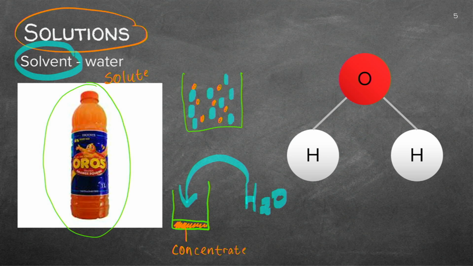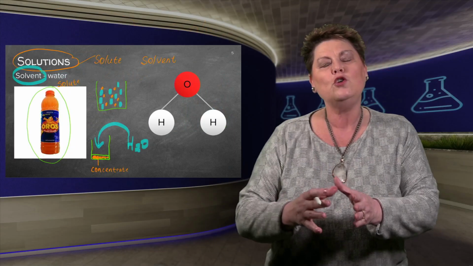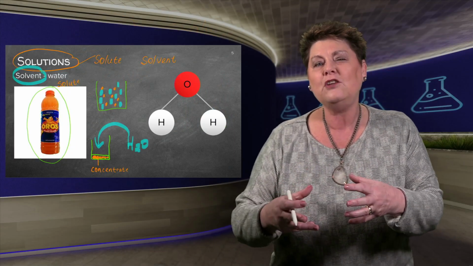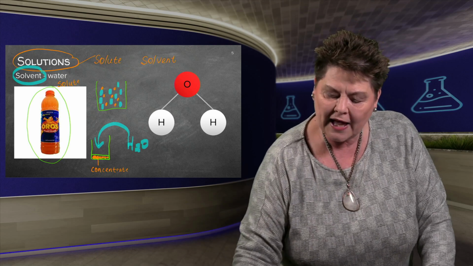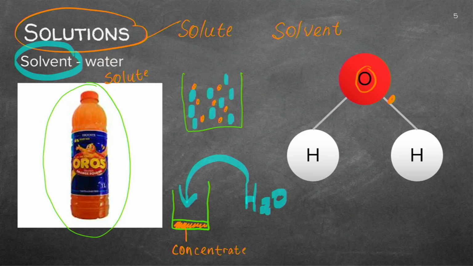So I've got, again, I'm going to repeat it. I've got a solute and I've got a solvent, and you have to be able to distinguish those. Just something that you learn in the next lesson, and you started to do that when you did covalent bonds. If I have a look at oxygen, oxygen will have an electron and another electron, which it will share with hydrogen. So hydrogen will have an electron and an electron. So let's see what happens there. There's a covalent bond between those two.